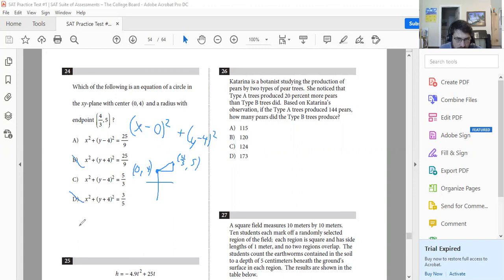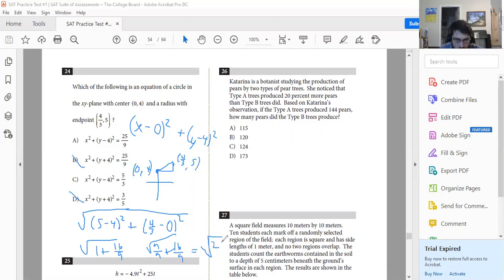So our radius will be the square root of 5 minus 4 squared, because that's the distance of that leg of the triangle, plus, that was the height, and then 4/3 minus 0, the difference of the x values, squared. That is the square root of 1 squared, which is 1, plus 4/3 squared, which is 16 over 9. If we make that a fraction, 9 over 9 plus 16 over 9,